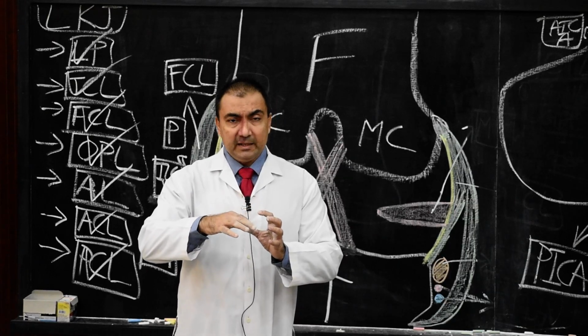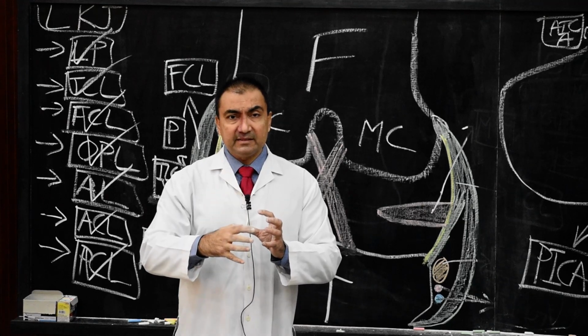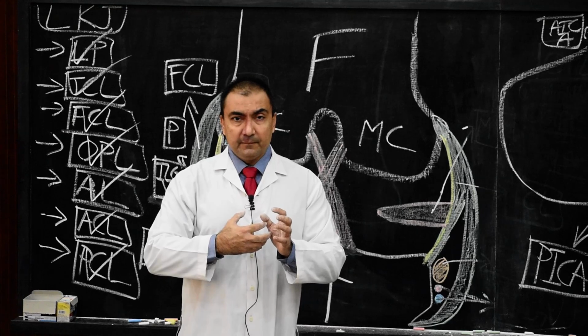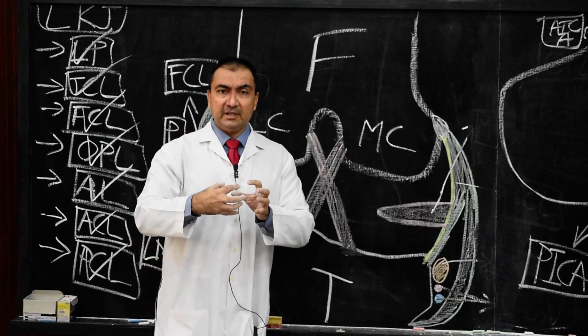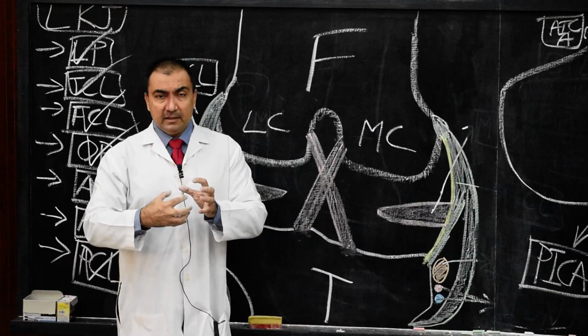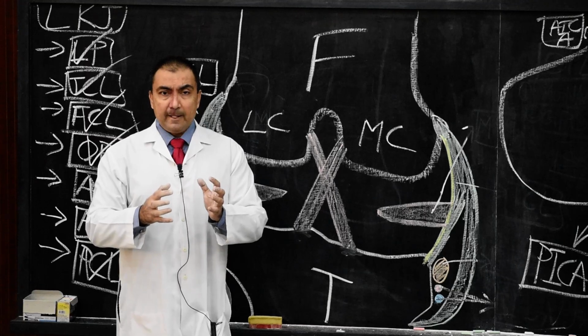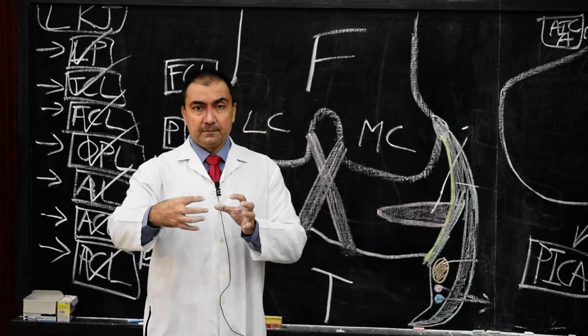What about the posterior cruciate ligament? It becomes taut during flexion. So it prevents the backward displacement of the condyles of tibia. So altogether this anterior cruciate ligament becomes taut in extension and posterior cruciate ligament becomes taut in flexion, and therefore they prevent the lateral movements of tibia and fibula, and more or less anterior cruciate ligament will prevent hyperextension.